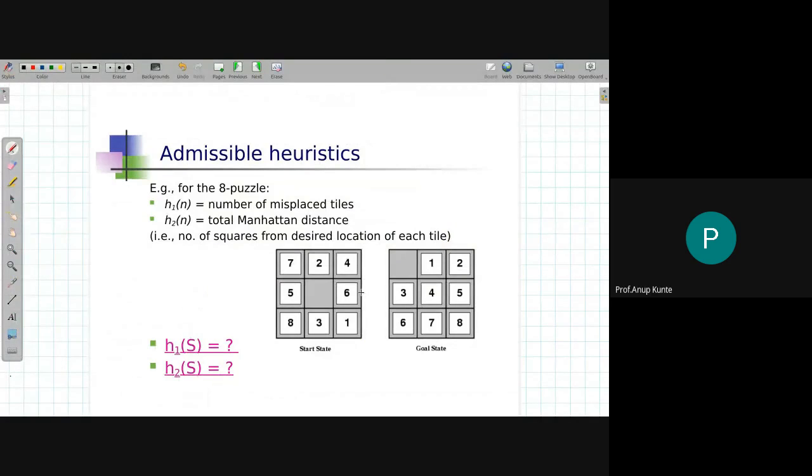Till yesterday we completed looking at certain algorithms which came under the category of informed search algorithms. We saw two basic algorithms: one is greedy best first search, and the second one was A star. We noted certain issues with A star as well as greedy best first search, and certain positives. And to avoid the heavy use of space and time with respect to the A star algorithm, what we